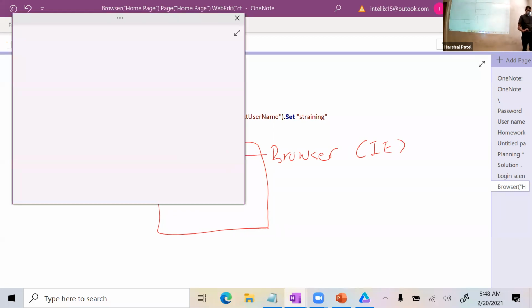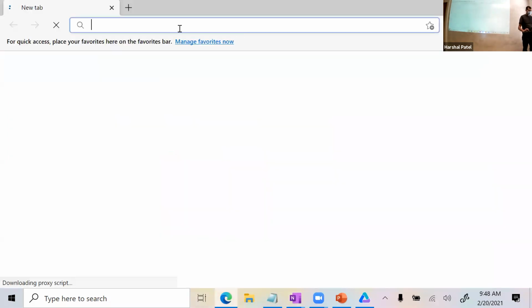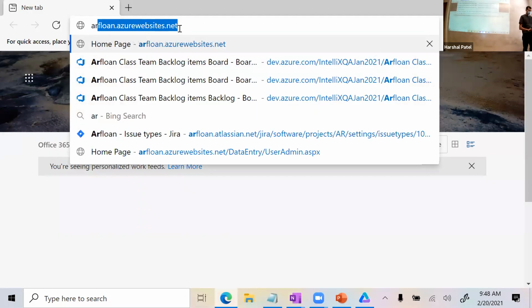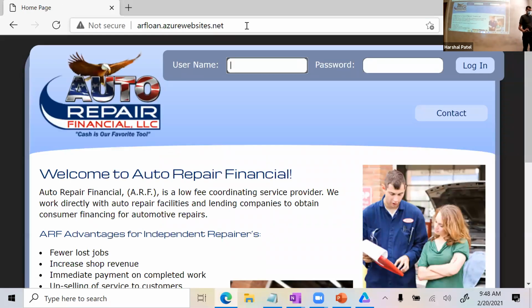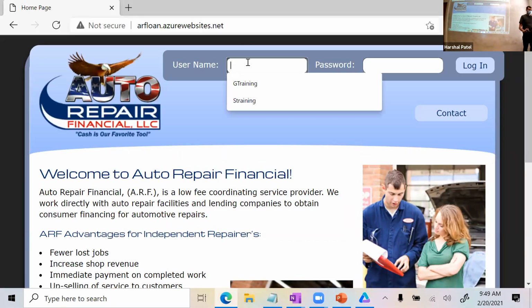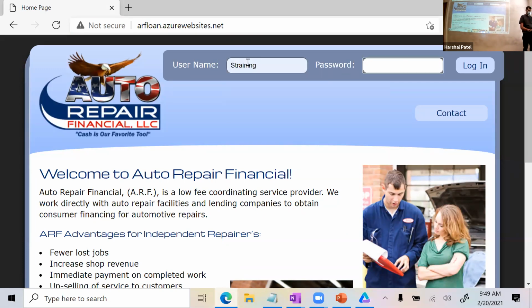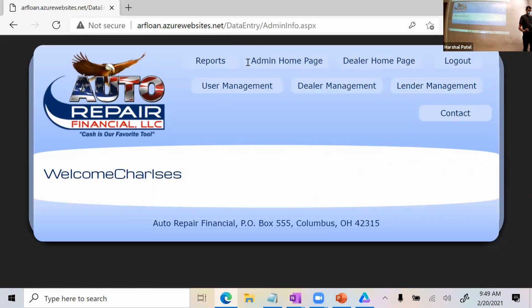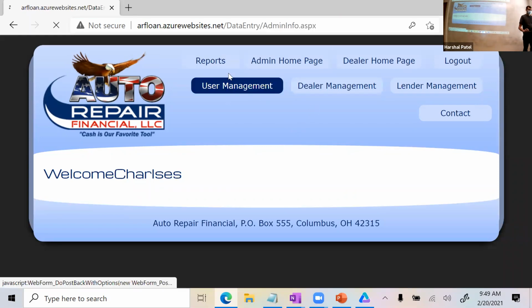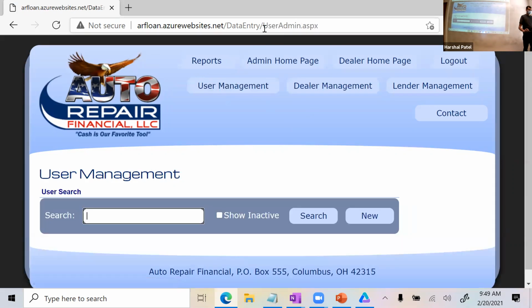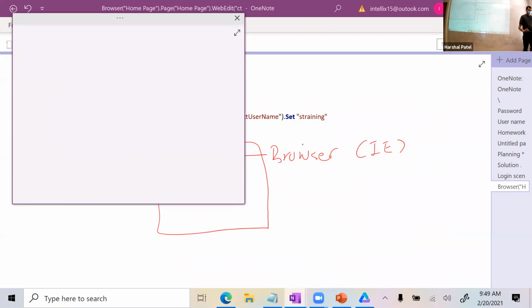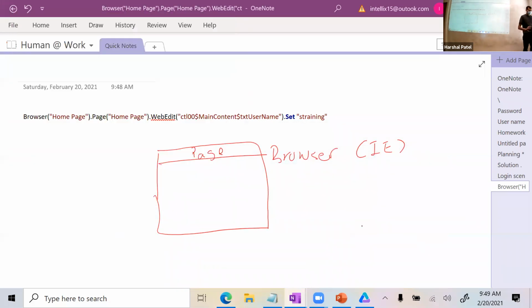And how can you tell a specific page is there? So let me go there. Because I'm on the home page, right? If I log in, then I'm on the admin info homepage, on the admin info page. If I go to the user management, then I'll be on the user admin page, okay? So I'm on a different page. So what the tool does, let's understand. So this is on the home page,